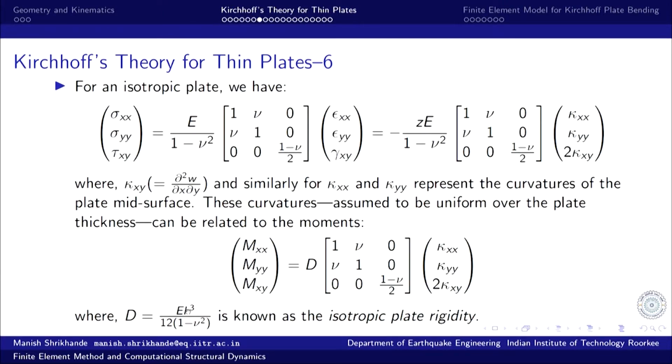So, thickness is important. Just having the thickness dimension be very small compared to the two other dimensions is not enough for a two dimensional entity to behave as a plate. It is required that it should have sufficient flexural rigidity or plate rigidity, and that is governed by this term E h cube. So, some bit of thickness is required, and of course the Young's modulus.